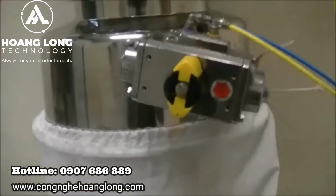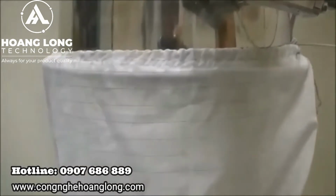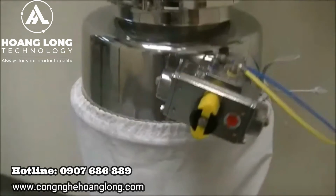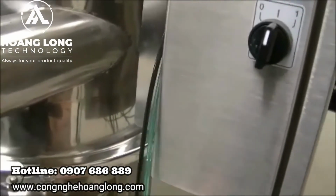So you can tell the flap is open or closed based on this indicator key. Horizontal means the flap is closed, and vertical means that the flap is opened. So once everything is checked out, you can shut the PIAB off, and we can move on to the